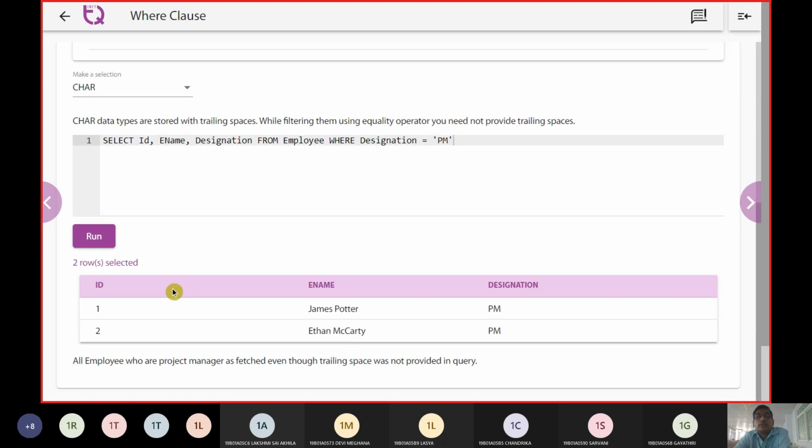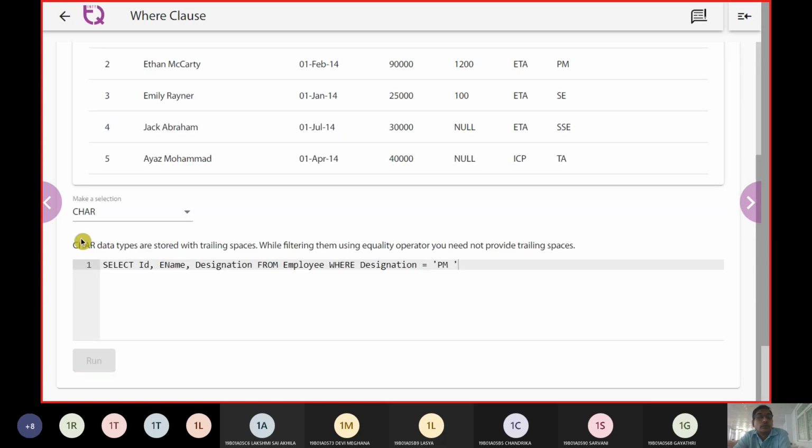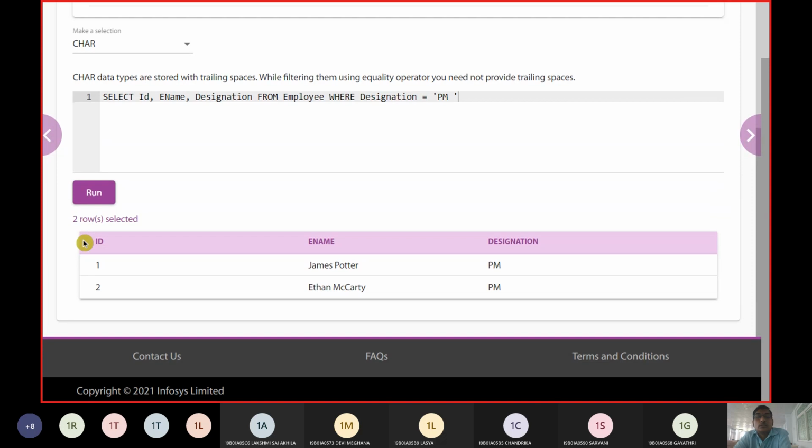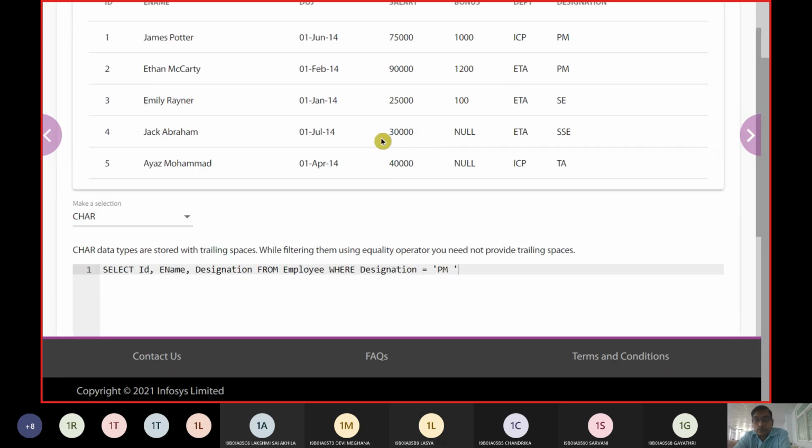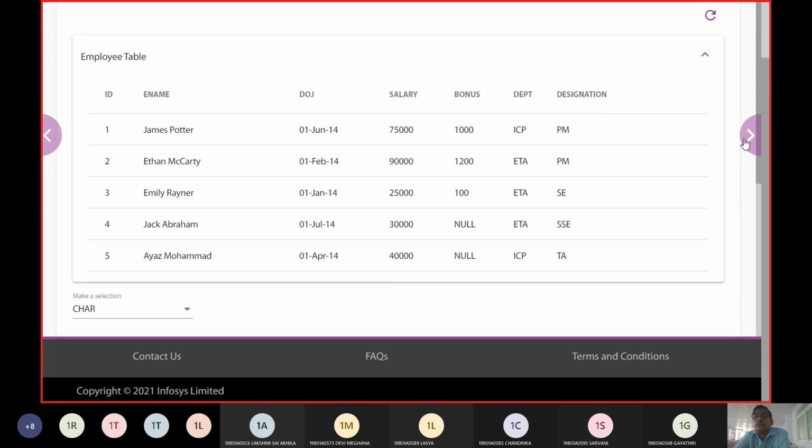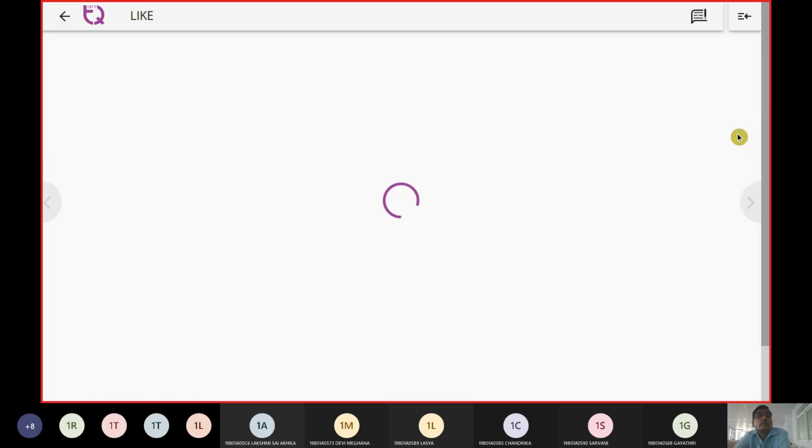When we run this, we bring out these 2 rows. Now let us give a space and see what happens. In such a case, it does not provide trailing spaces, so the space we have given is not going to be considered and is removed.